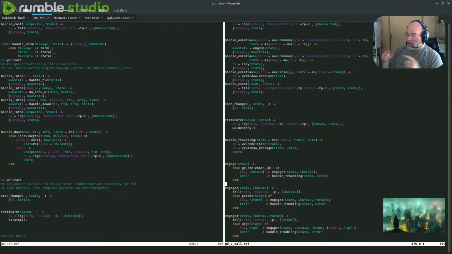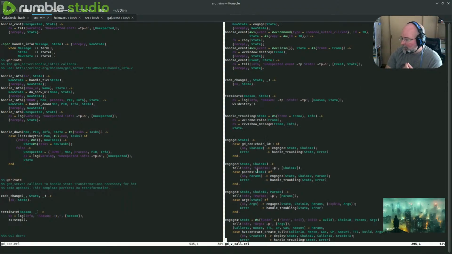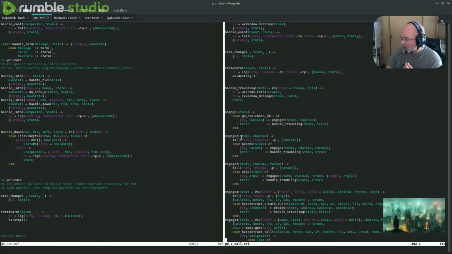Anyway, within that lattice of potential associate chains, which one are we talking to at the moment? That's the question that this has to answer. And currently, Gajudesk, this program, does not automatically crawl them and keep in memory a map of that right now. In the future, it will. But right now, we don't know the chain ID until we ask the controller, what's the chain ID? So that's what's coming out here. So then we call engage 2. Now that we got the chain ID,